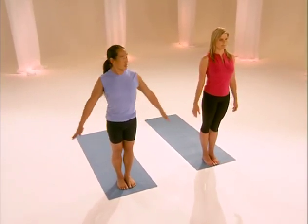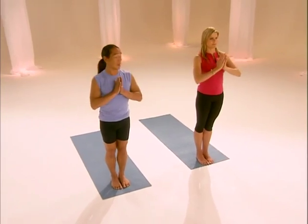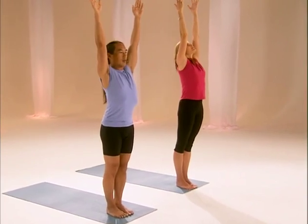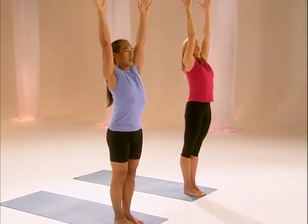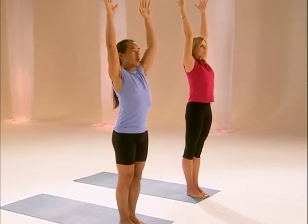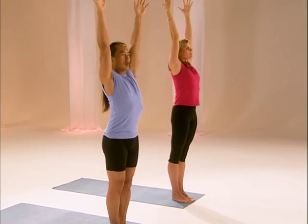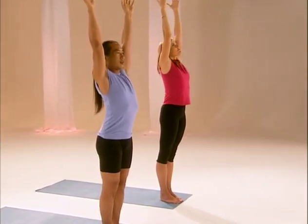Inhale, raise your arms to the outside, keeping that open chest. Hands in prayer pose, keeping that open chest. And reach the arms up. And just stay here and feeling like, okay, the power of my legs, the power of my arms are opening that chest. A lot of times people will not even stretch the arms completely, so you just have to keep thinking, okay, I'm going to elongate those arms, that's it, and lengthen through the waist,